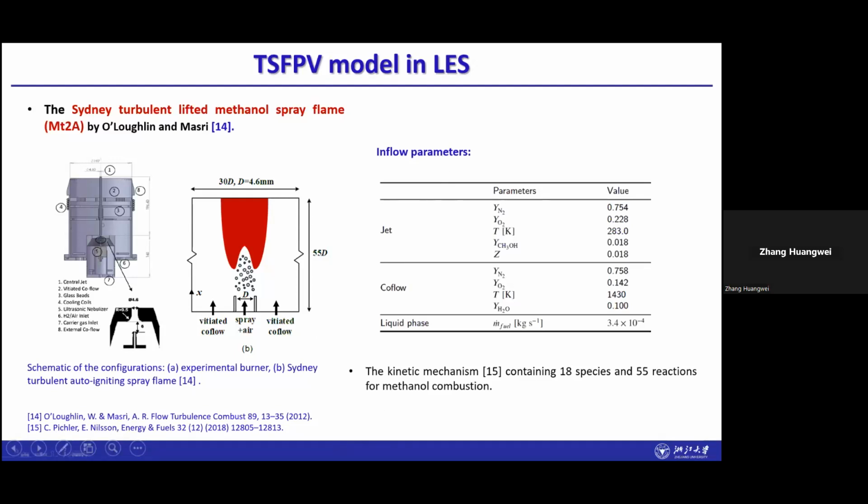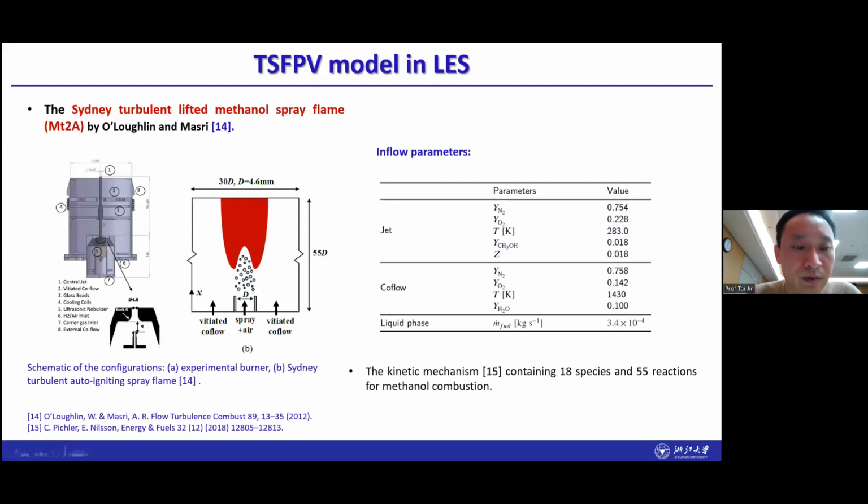Any other questions from the panelists or from the audience? Okay, maybe I can ask one final question, which is slightly more practical. Do you see any difficulties if you use this method for swirl flames? I think there will be problems, but I'm not sure. Actually, for the swirl flames, if we just use the same flamelet